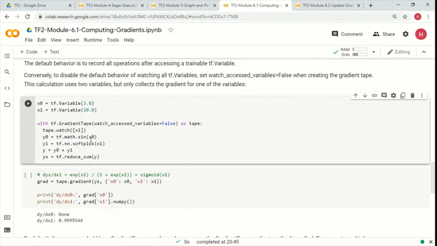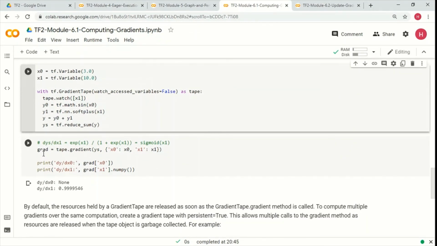So y0 is calculated using x0, y1 is calculated using x1, and then y is equal to y0 plus y1, and ys is equal to reduction of this y. Okay, so what's going to happen here? Now we are calculating the gradients of this ys, the final value, with respect to x0 and x1.